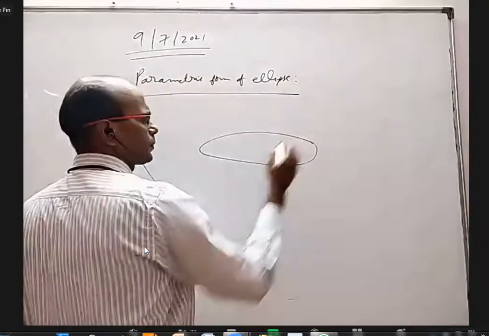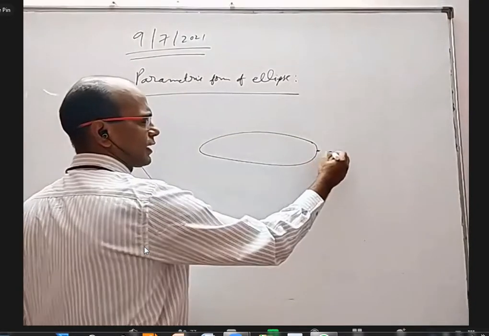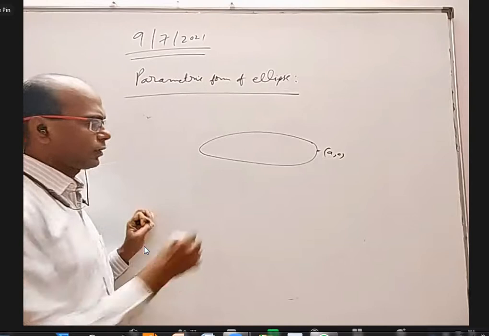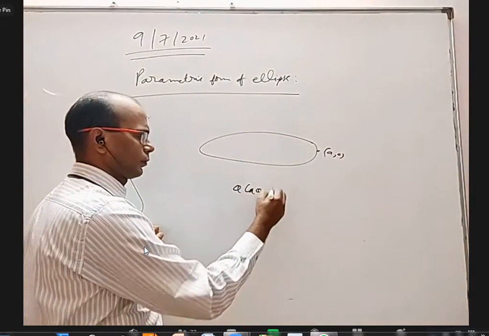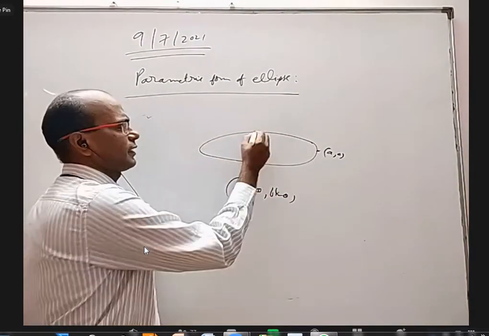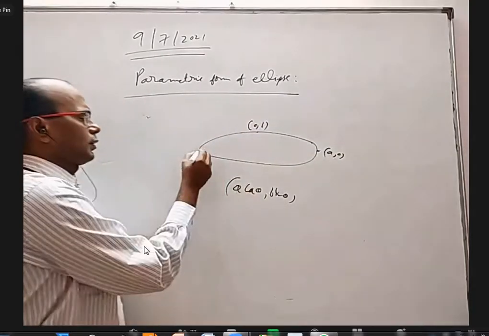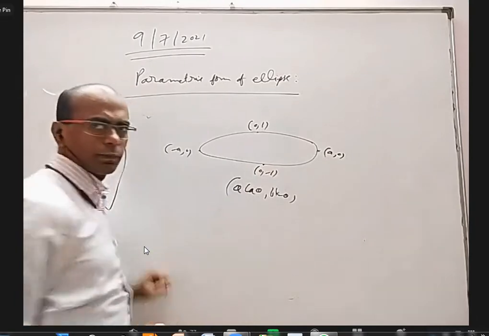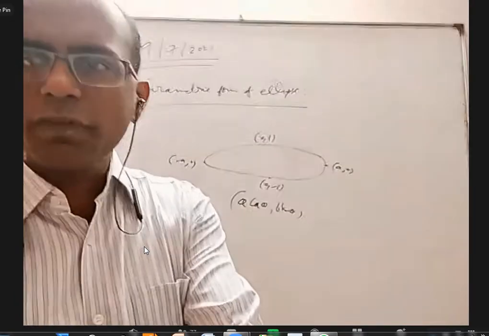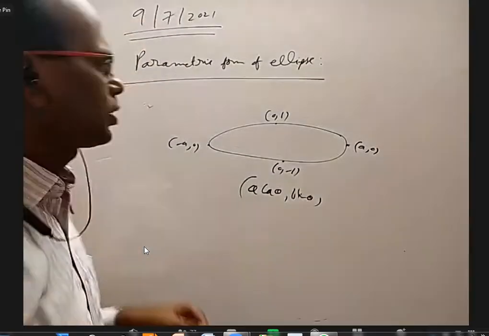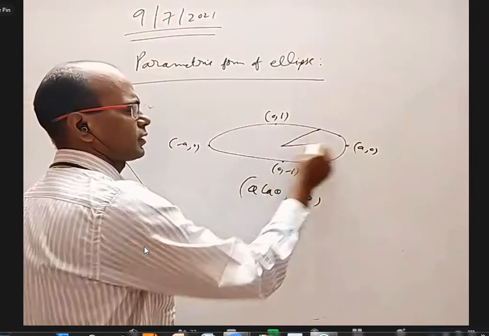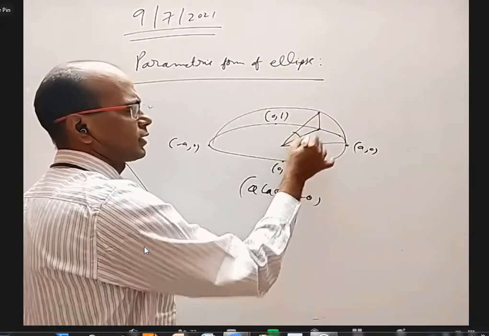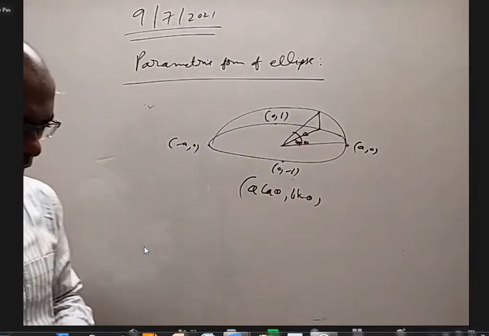If I take the ellipse, if theta is 0 degrees, we'll get a comma 0, right? In a cos theta comma b sin theta. And if you take theta 90 degrees, you'll get 0 comma b. Theta 180 degrees, you'll get minus a comma 0. Theta 270, you'll get 0 comma minus b. So just because it is coming for these four angles, one should not think if I take a cos theta comma b sin theta, this angle is theta. No, you have to go to the corresponding point on the auxiliary circle. That angle is only theta. That is one thing.